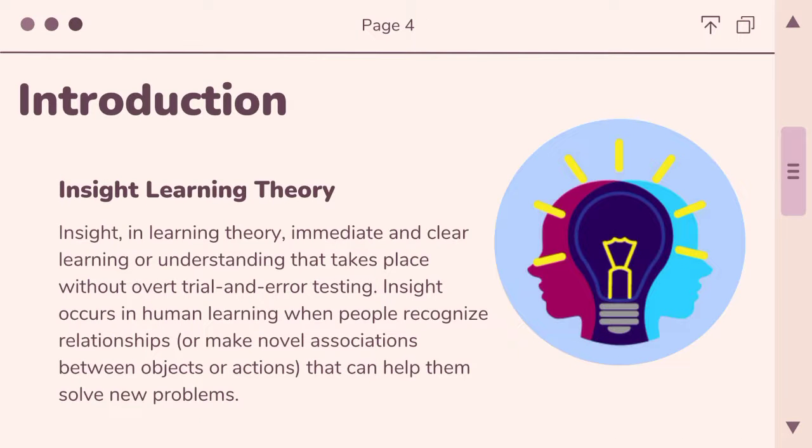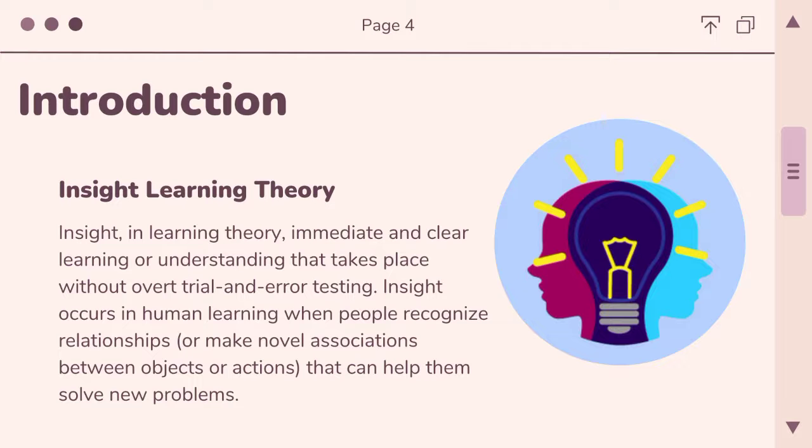Insight in learning theory is immediate and clear learning or understanding that takes place without overt trial and error testing. Insight occurs in human learning when people recognize relationships that can help them solve new problems. In other words, it is the sudden understanding of the relation between a problem and a solution. By learning through insight, the correct solution not only appears seemingly out of nowhere, but is also repeated readily on subsequent